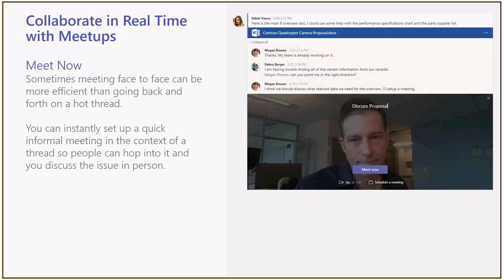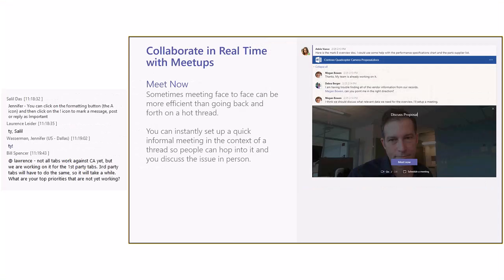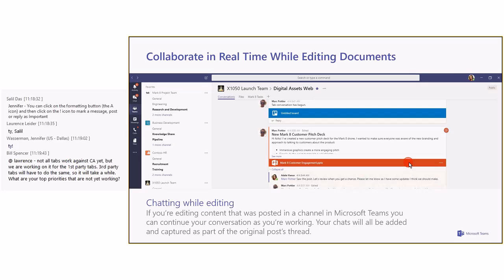And people who are seeing this thread while a meeting is going on will see that there's an ongoing discussion that's occurring in real time. They can go ahead and just hop in. The other way to collaborate is, let's say, for example, I was working on this document, this Mark 8 customer engagement document,